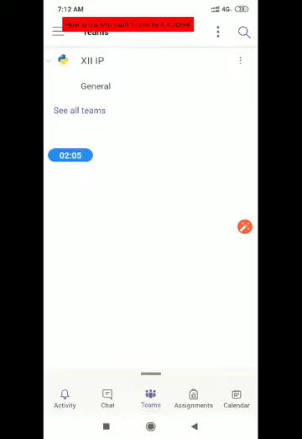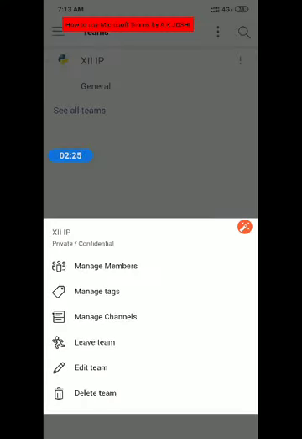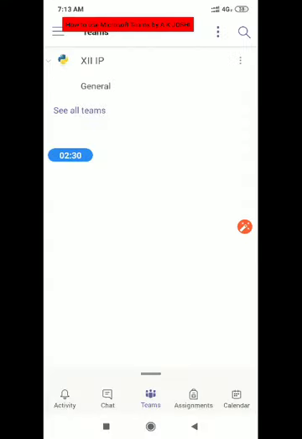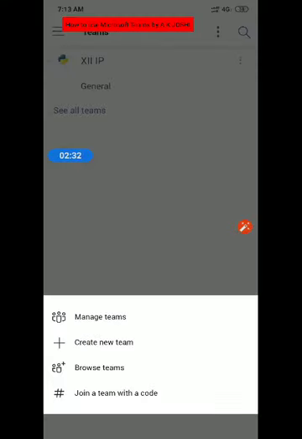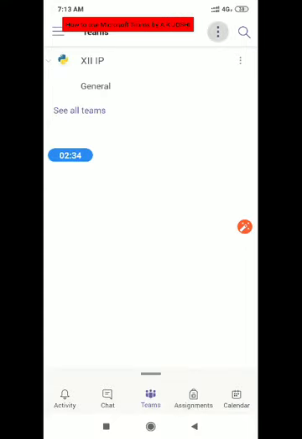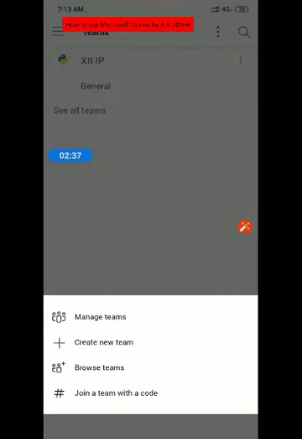Teams means you have to create, suppose you are a subject teacher of class 12th physics or class 12th chemistry, so you need to create a class 12th physics team. How can you do this? Click on Teams. This is showing 12 IP, but in case you log in for the first time, it will be an empty class. As we want to create a new team, click here. You can see there is an option called Create new team.